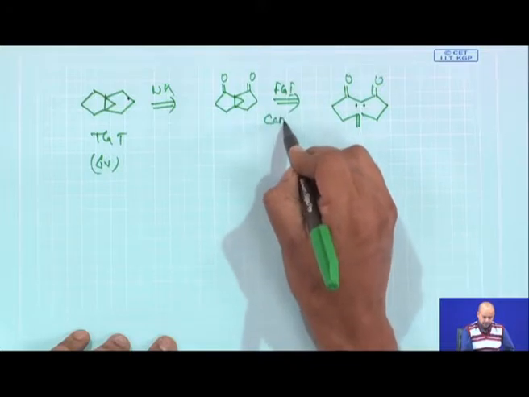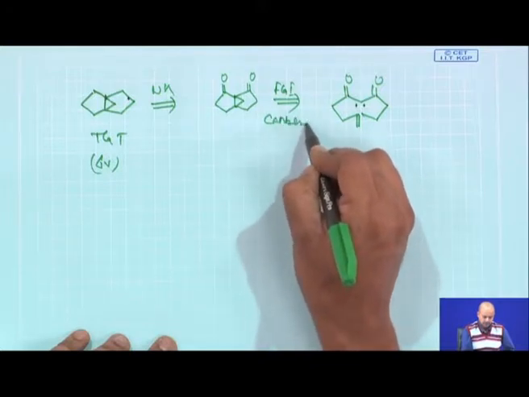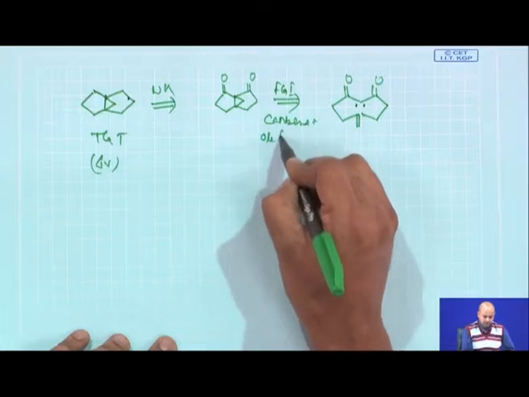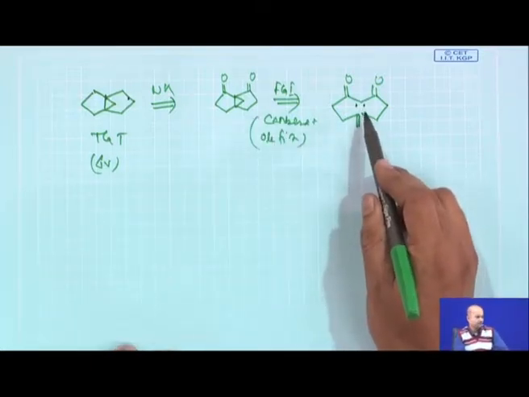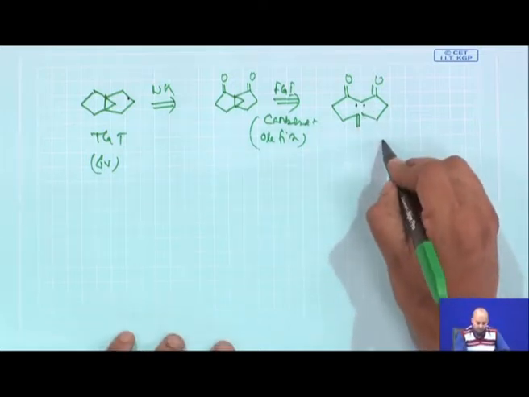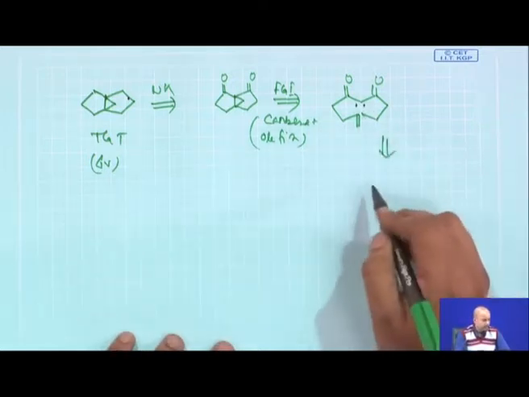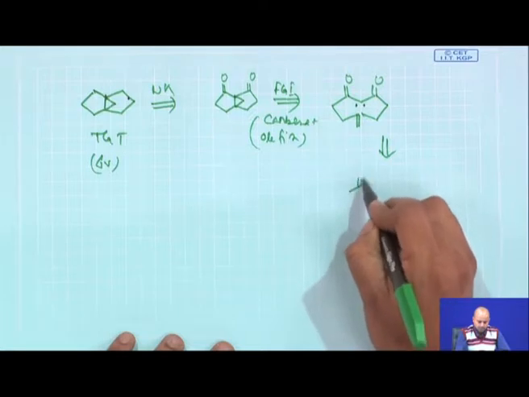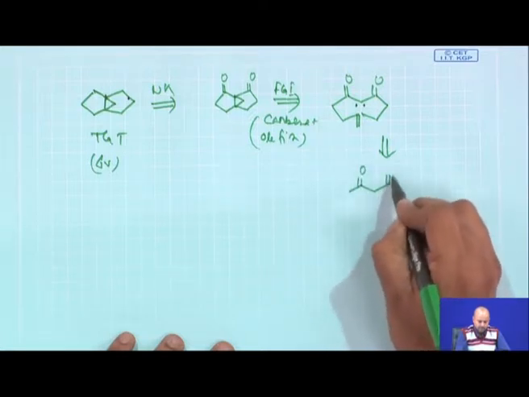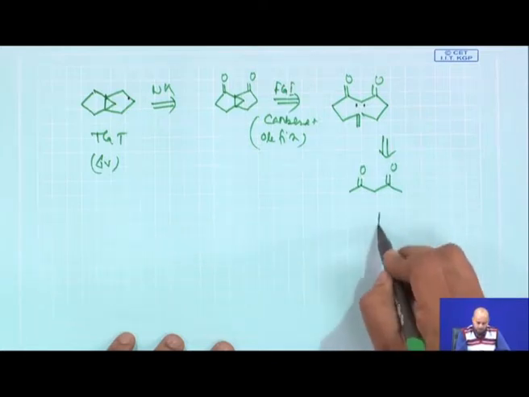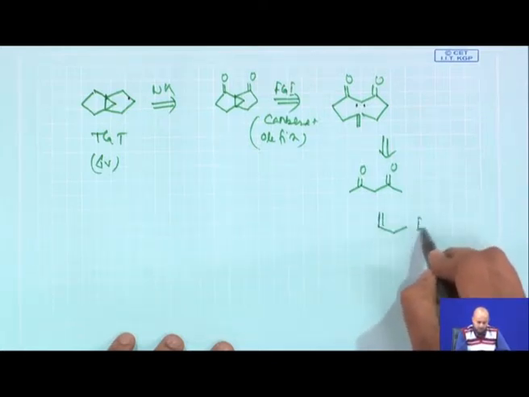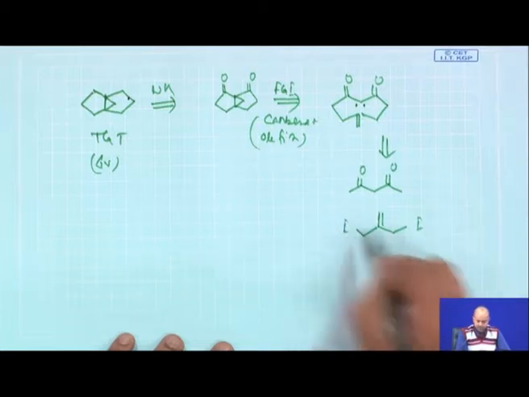So, you have a carbene plus olefin cycloaddition, which probably all of you know. Now, how do we generate this carbene? This carbene is normally generated from this compound with a double electrophile, something like this.